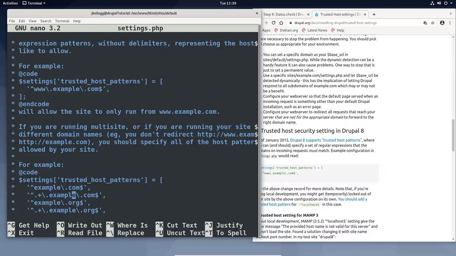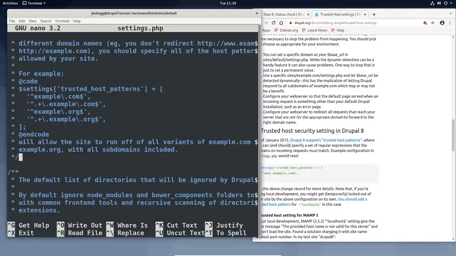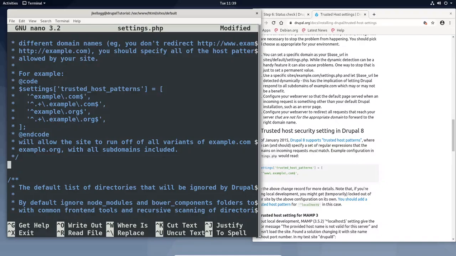They give us examples of how this works. You need to use regular expressions. I'll let you just figure that out on your own. In my case, what I need to do to fix this problem is this directive, settings, and it's an array, trusted host patterns,